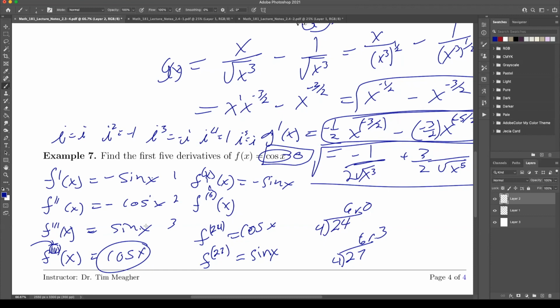And so for 24, we'll go through 1, 2, 3, 4, 5, 6, 7, 8, 9, 10, 11, 12, 13, 14, 15, 16, 17, 18, 19, 20, 21, 22, 23, 24, and end up here. That's how all the derivatives look. All right, so